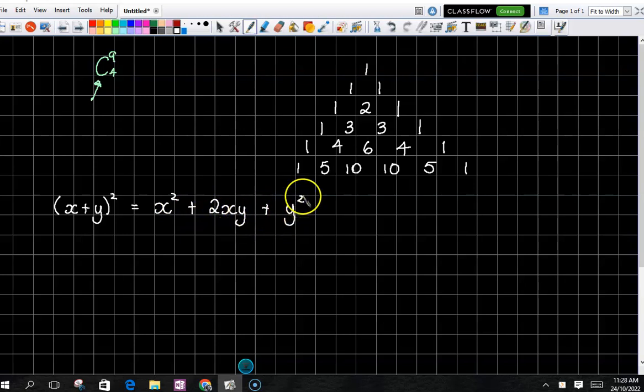Now, if we were to look carefully at that, this is technically a 1x squared, it's a 2xy and it's a 1y squared. And that's where we have this guy over here. And if I was to then expand (x + y) cubed,